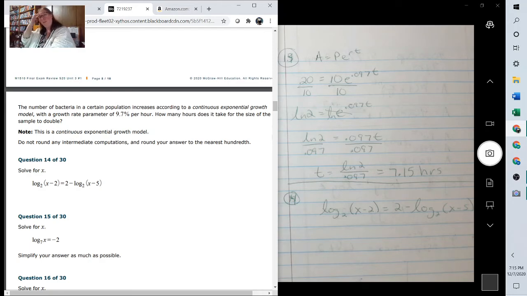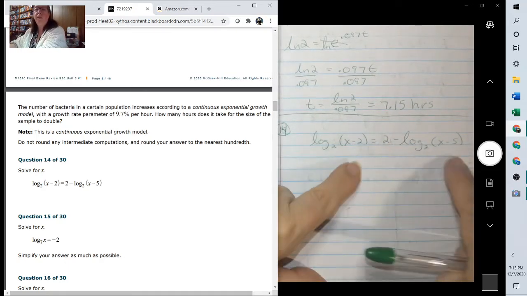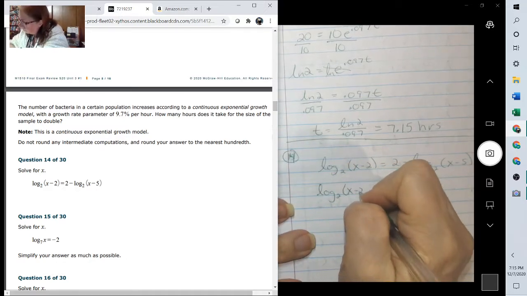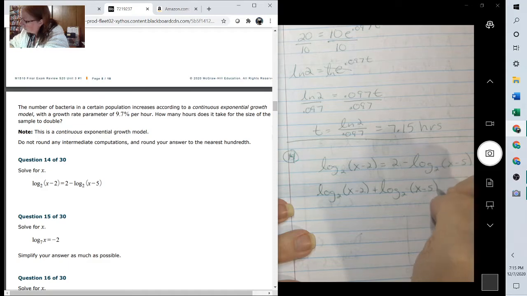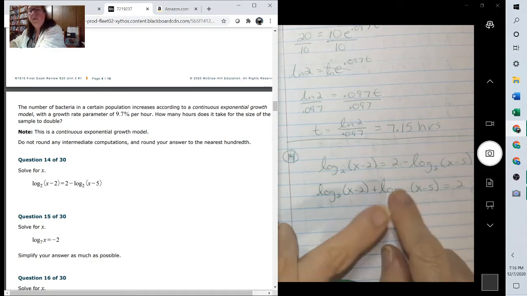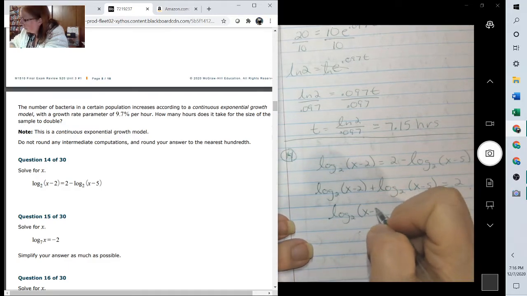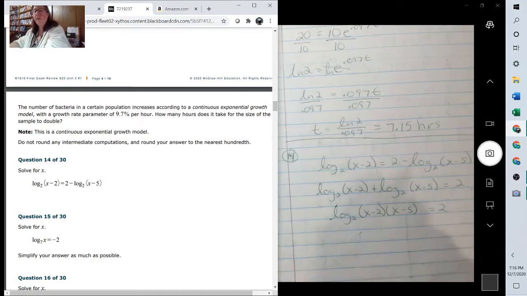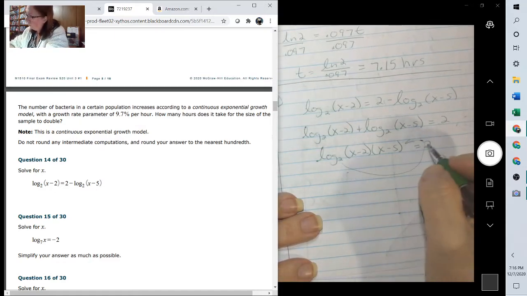Okay, so the first thing we need to do is bring these logs on the same side so we can combine them. You could just set the functions equal if we didn't have the 2 there, but since that 2 is there, we need to move the log over. Then when you're adding, they become a multiplication. So it's log base 2 of x minus 2 times x minus 5. Then we can rewrite them, loop around or backwards C, 2 squared